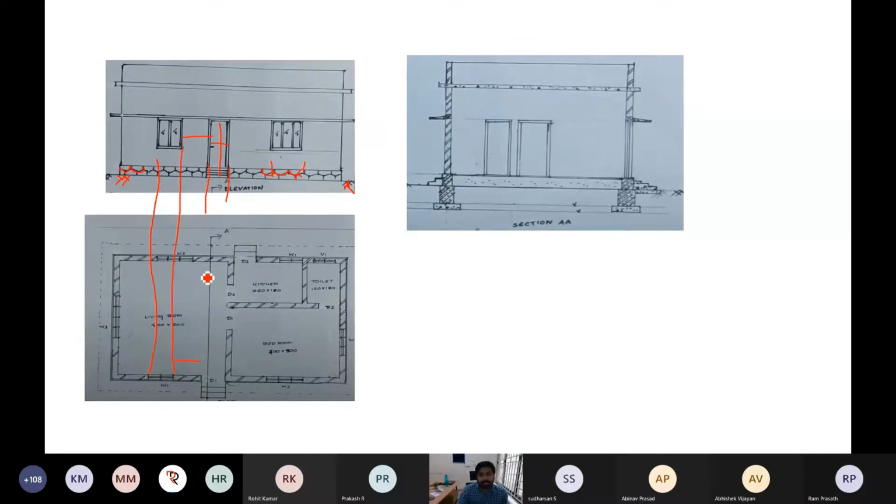So that's why I'm telling you, in your book also you do it this way. You can keep your plan in the bottom left. In the top left you can draw the elevation, and the section in the top right. So first you do the plan, then the section. By projecting both you can do the elevation. I hope you understand.